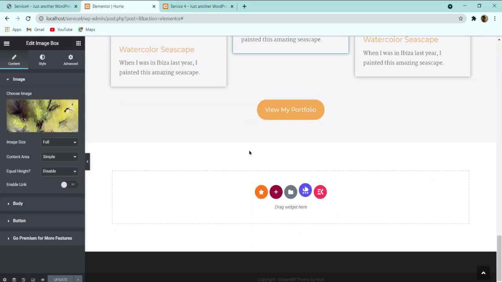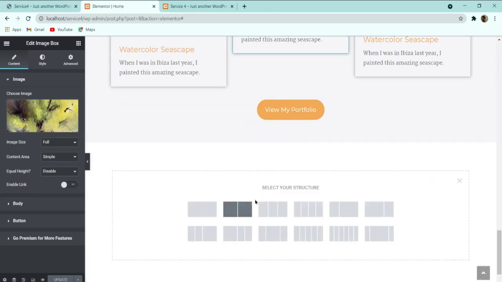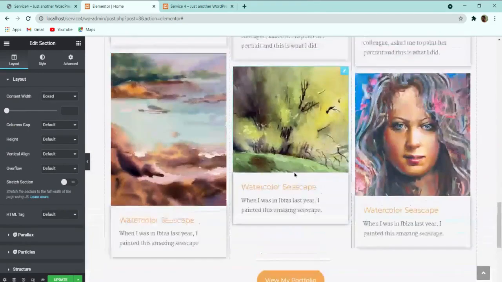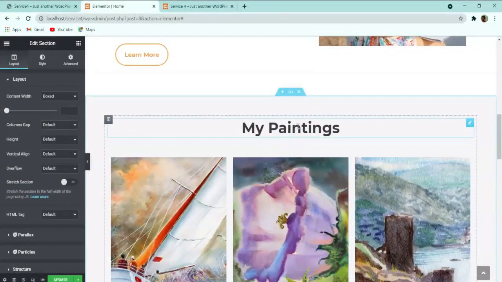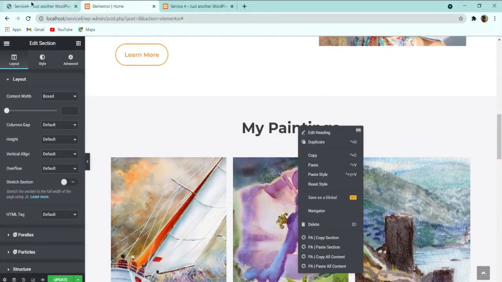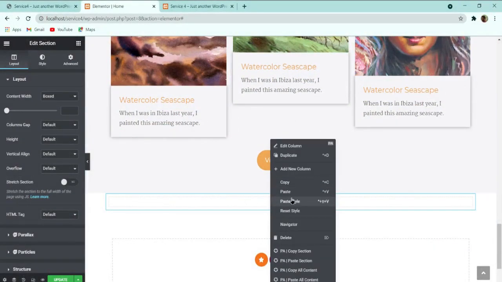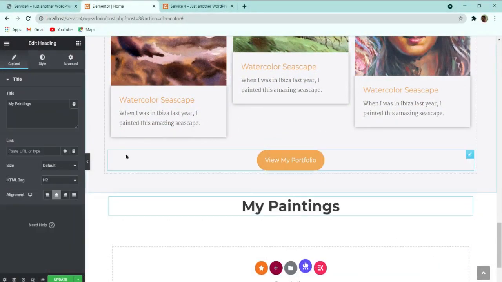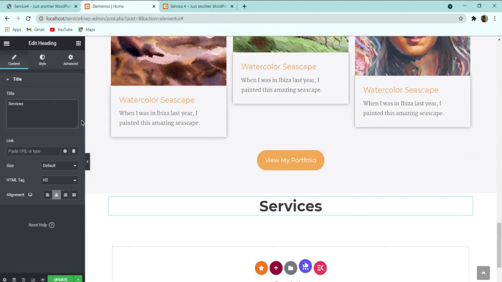here, and then what I will do, I will first take a single section, and then here you can see that this my paintings heading and this services heading are similar. So what I will do, I can copy it from here, and then I can right click over here and paste it, and then instead of my paintings I can change the title to services.